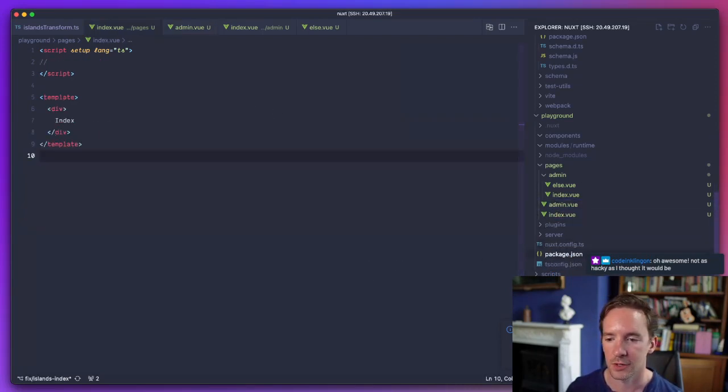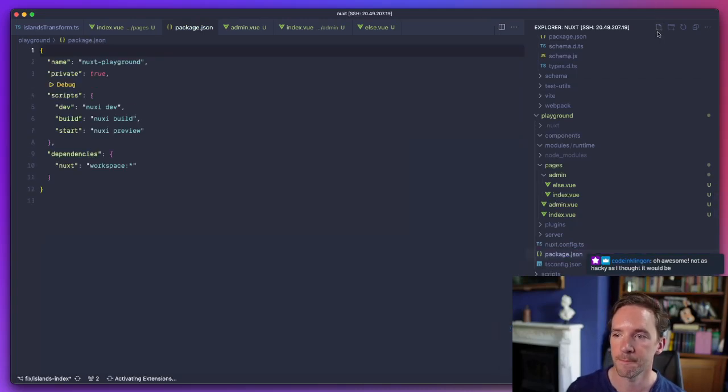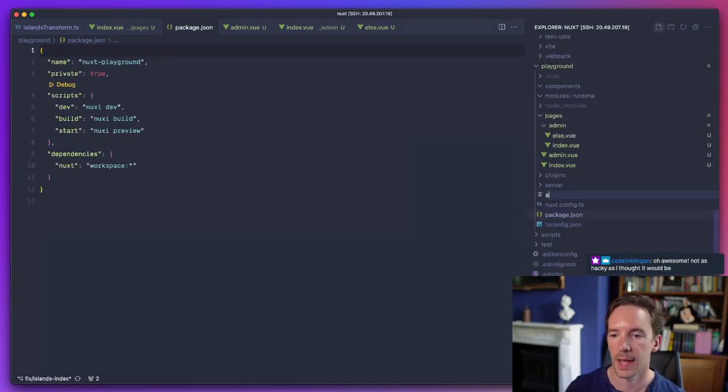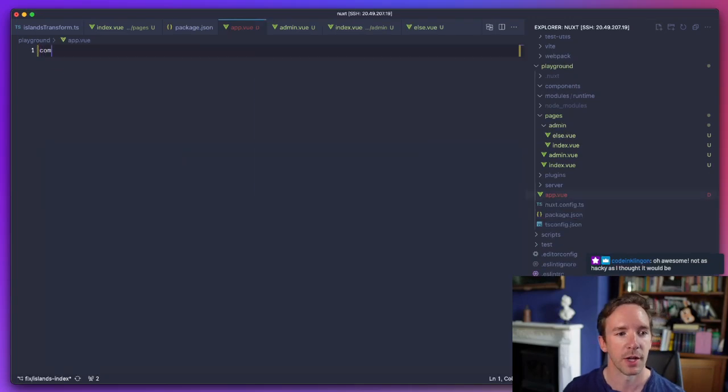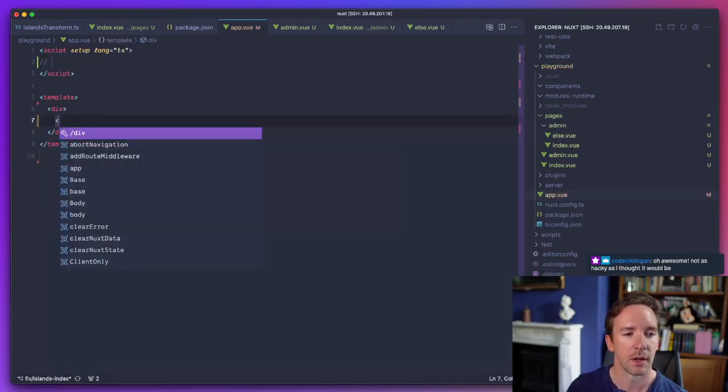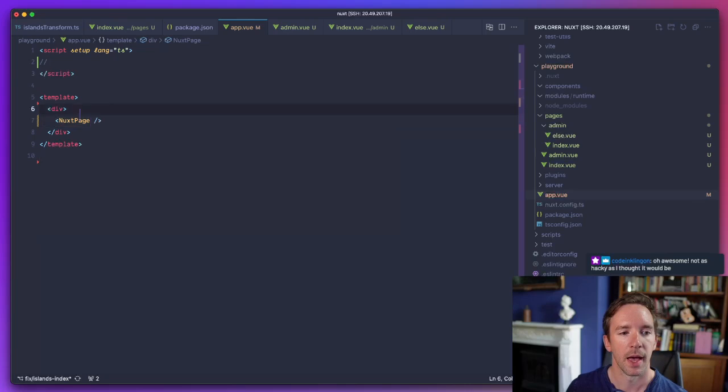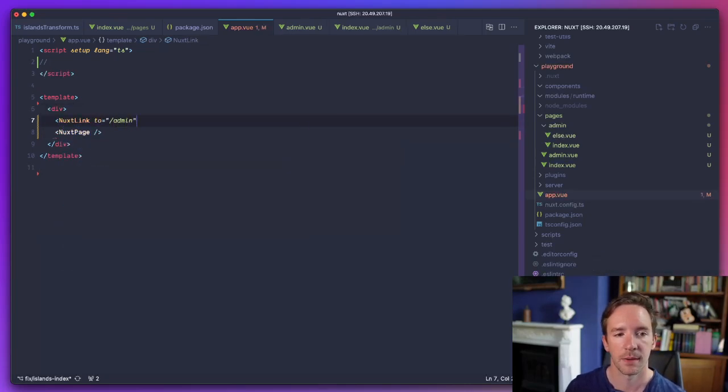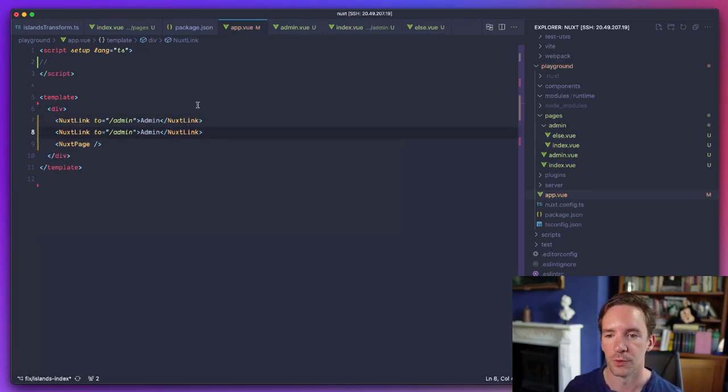So we would want just to show that it's working. Let's create an app. We're going to inject our NuxtPage, and we're going to add a link to admin and to admin else and back home.